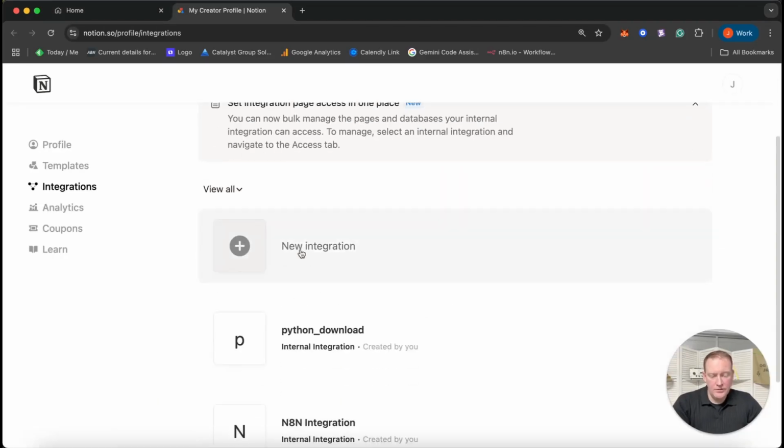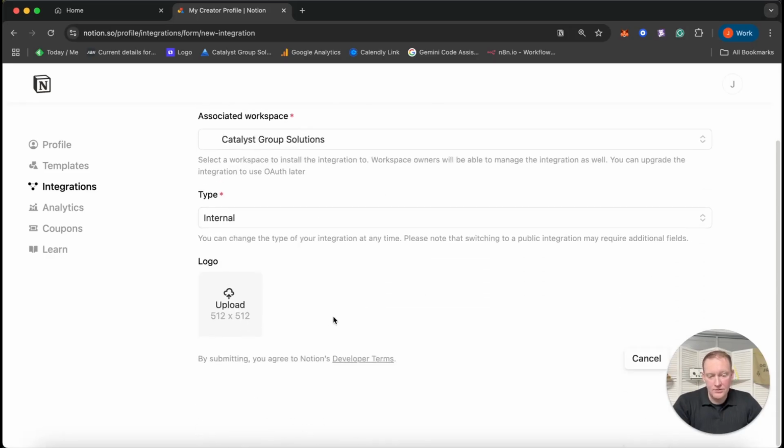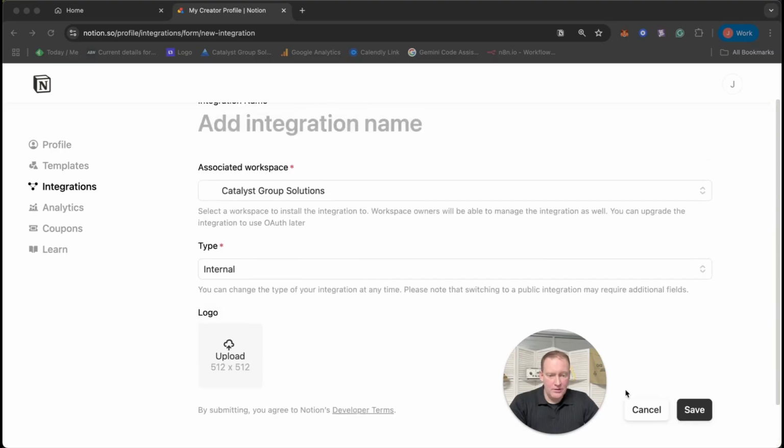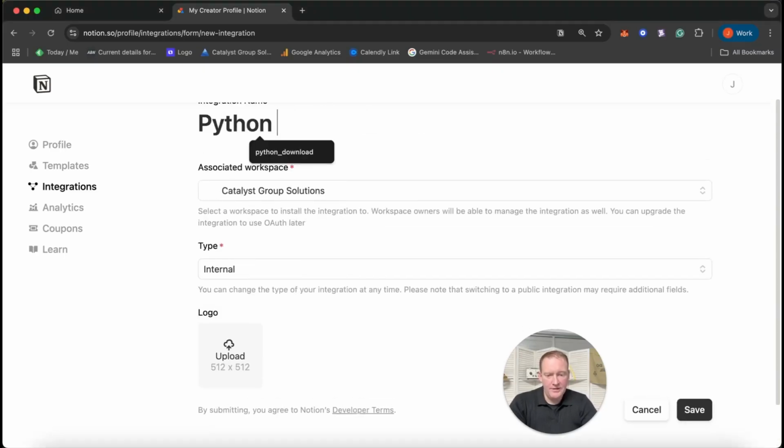Here we're going to create a new integration, and you can see the one that I use for myself internally here. Associated workspace is going to be whatever workspace we're using in Notion, and we want this to be an internal connection. If you want to upload a logo, you can. And once you're done, you're going to push add a name. So we're going to call this our Python download